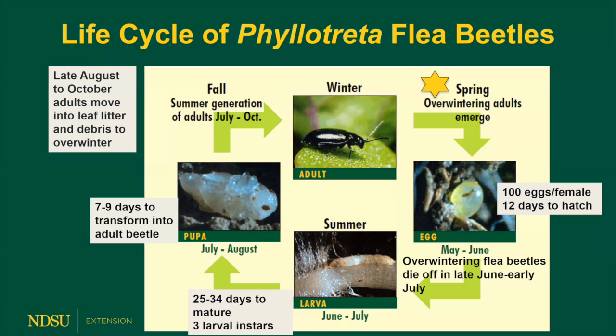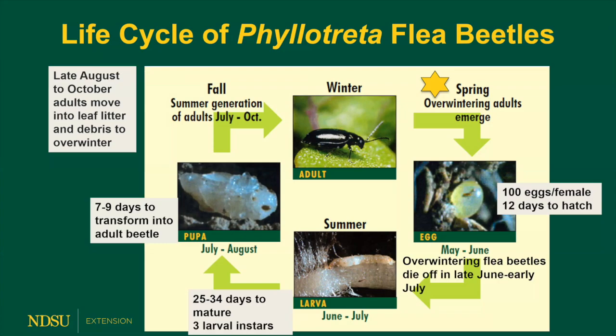However, the overwintering spring flea beetles are starting to die off by late June into early July. And then the larvae will feed on the roots, the secondary roots, but they can tunnel into the main tap root as well. And they mature in about 25 to 34 days. And they pass through 3 larval instars or growth stages. Then we go to the pupal stage, and that takes about 7 to 9 days to transform into the adult